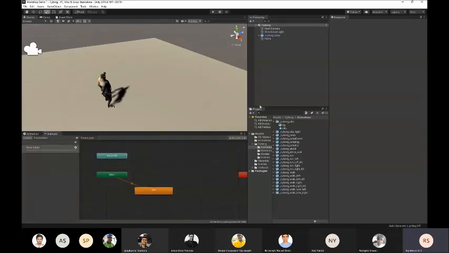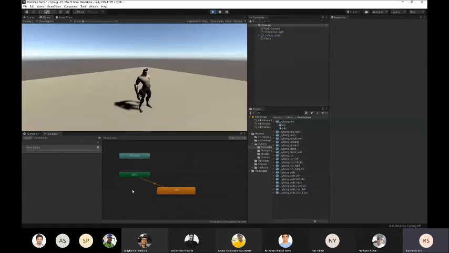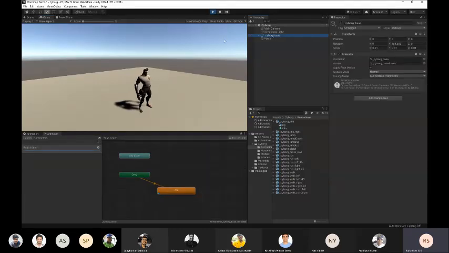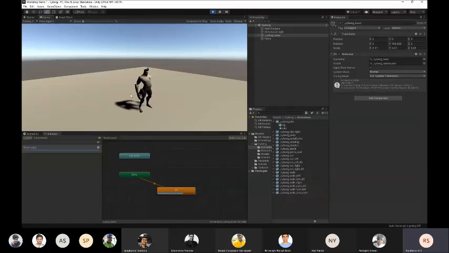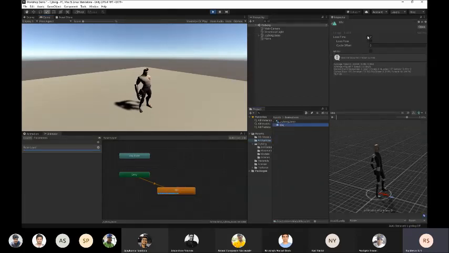We go back to our animator. So now I'll click on play and I'll show you how this animator works. Yeah, so let me play again. So you can see it's no longer in that T shape, and right now you can see the idle animation running over here, right? So it's looping. If you don't want the animation to loop, you go to your idle animation and you deselect loop time. So that will stop the object from looping. But since it's an idle animation, we want it to loop.